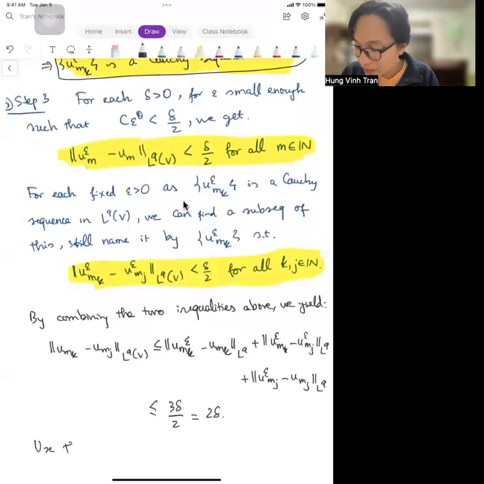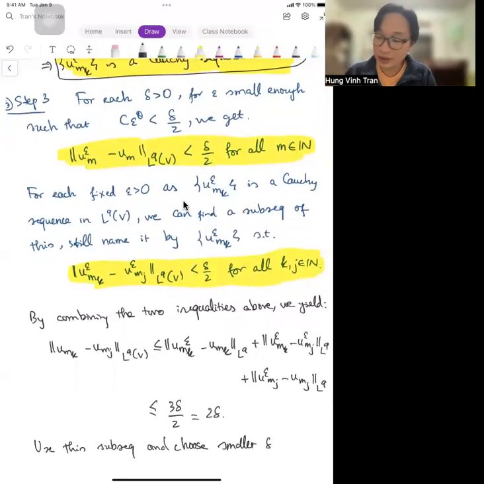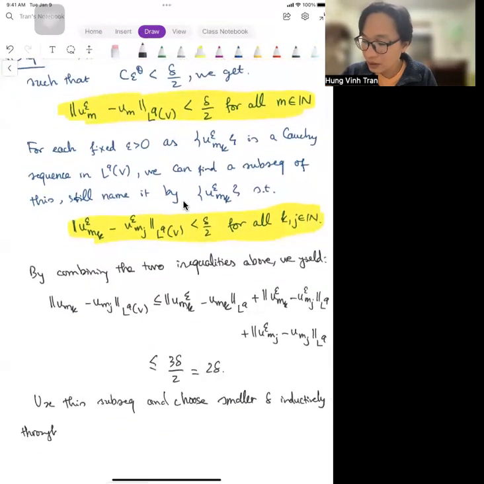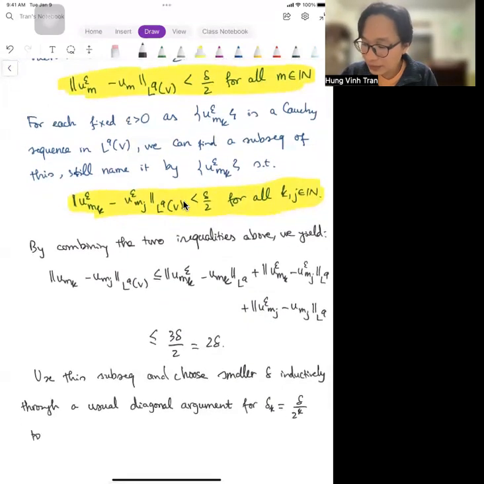Then use this subsequence and choose smaller delta repeatedly, inductively, through a usual diagonal argument. Okay. Let's say for delta_k, you can choose it to be delta over 2 to the k, to get a subsequence